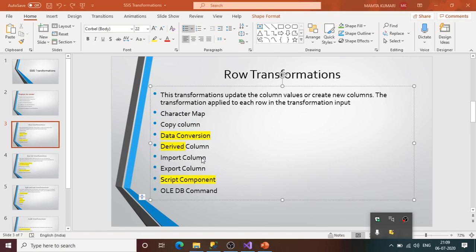So as the name suggests, it is derived from the existing column. Okay, so अगर आपकी ऐसी requirement है that you want to import and load the data from source to destination, but there is something that you want to load to the destination, but that column does not exist in the source, but you have a few columns. With the help of those columns you can create a new column and post that you can load that thing in the destination. Okay, for that purpose we can use the derived column transformation.